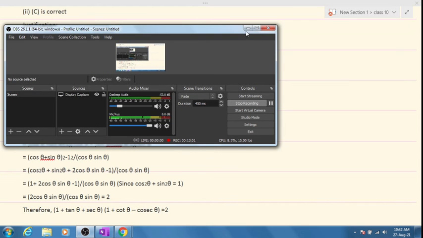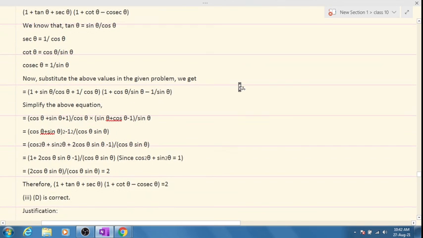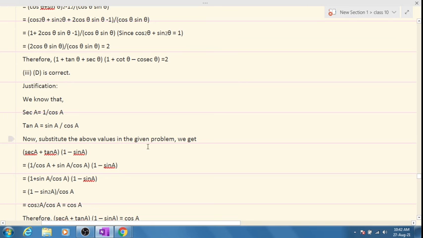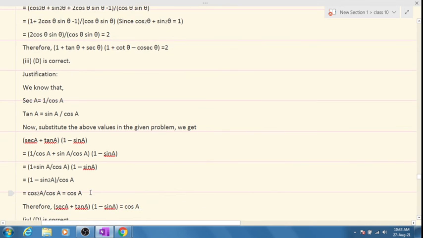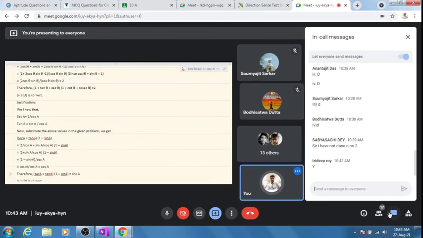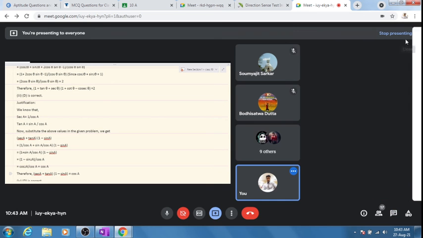Third one, I think it's a fairly easy one. Is it clear? Third one. Again the same thing. Convert tan into sine and cos. That's it. Nothing else. You multiply, you'll be getting cos square divided by cos A. Cos gone, you'll be getting only cos A. Is it clear? The same concept is being followed. The moment you see tan, cot, or sec or cosec, you start converting it into sine and cos. That will make your numericals very easy. Okay?